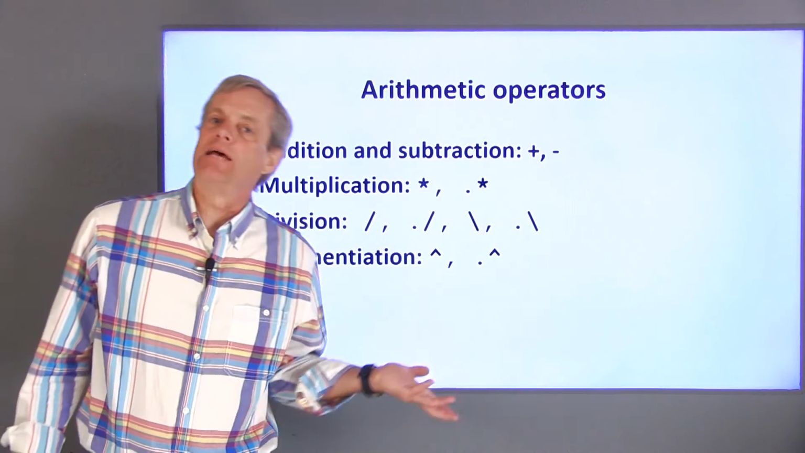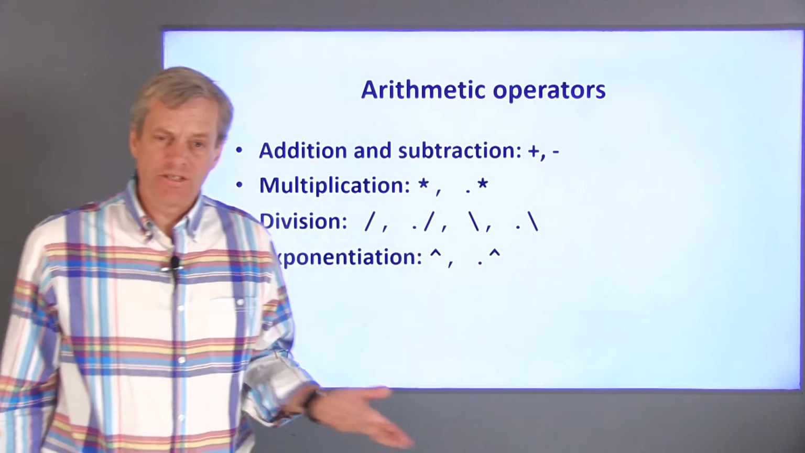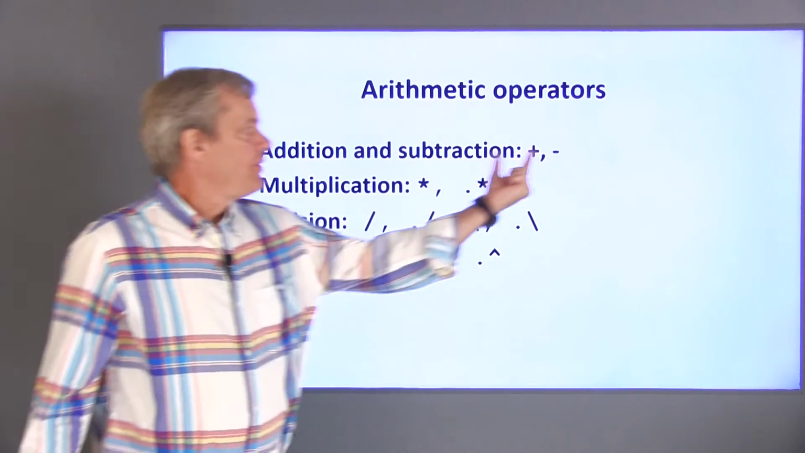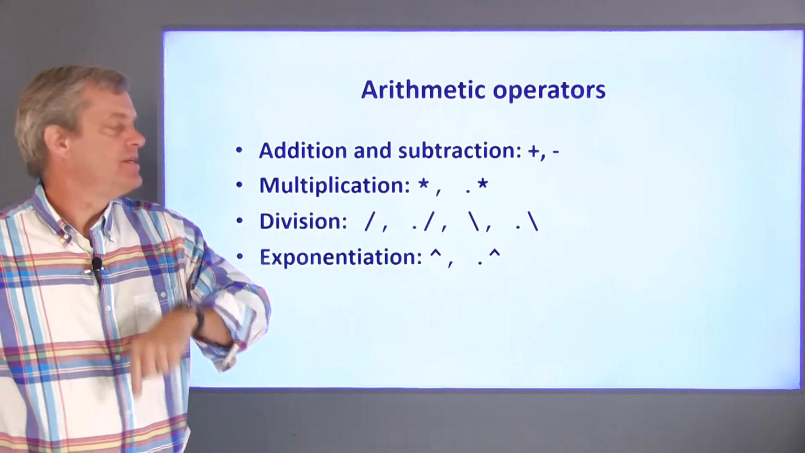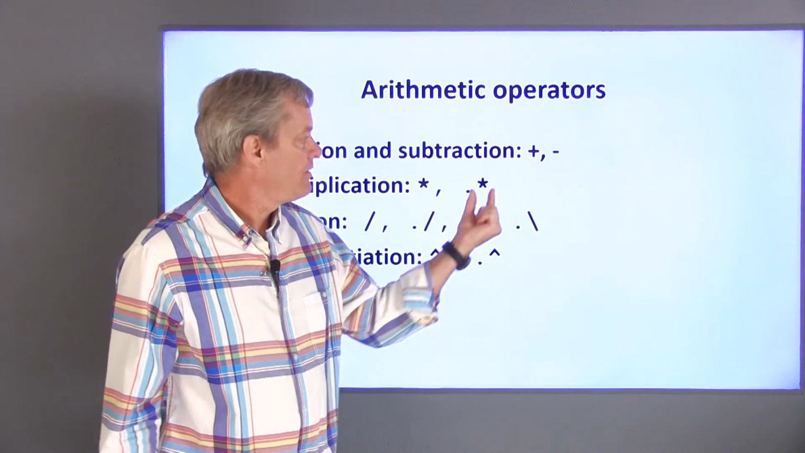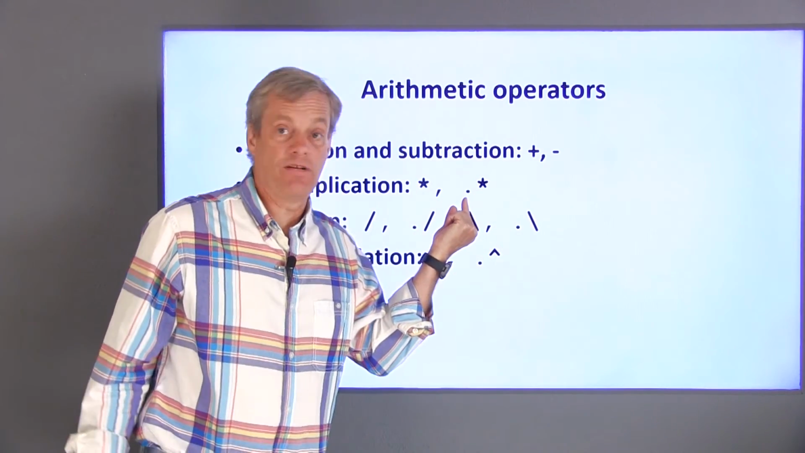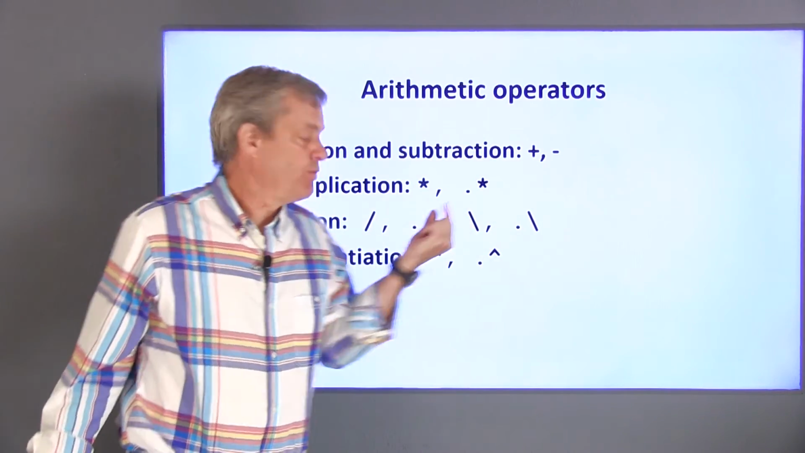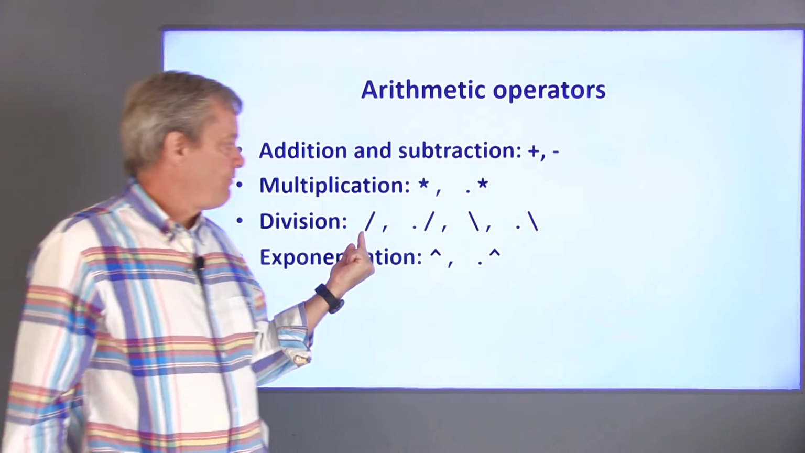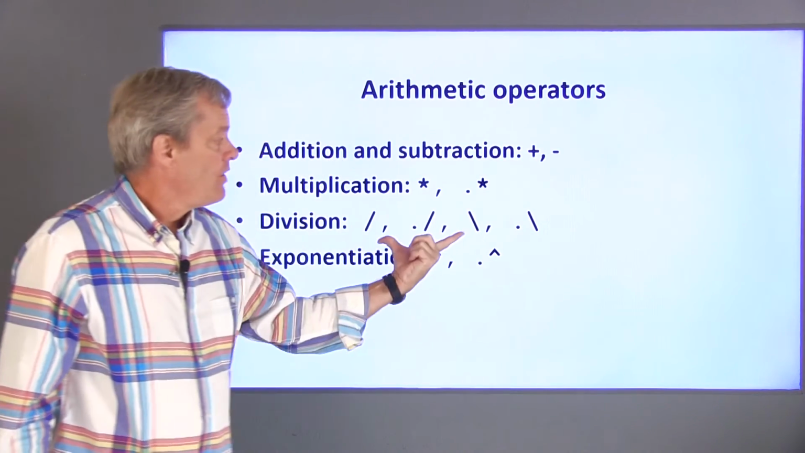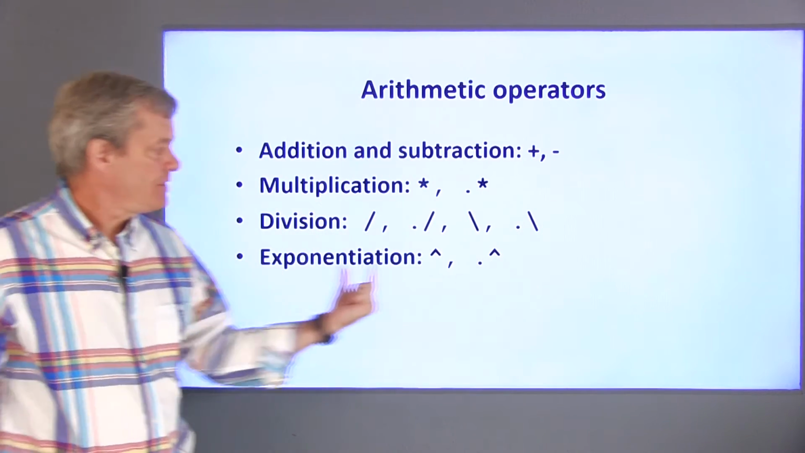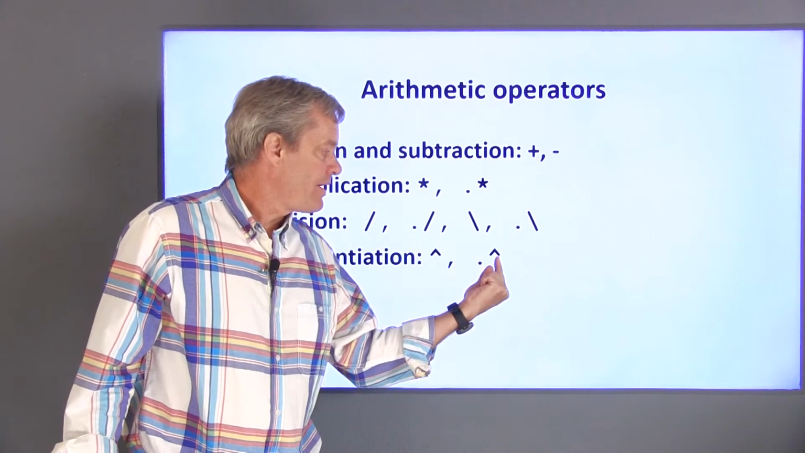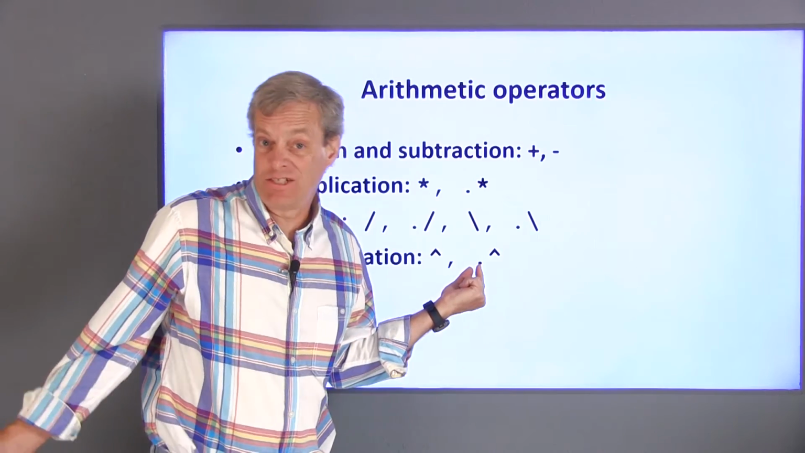Now I'll talk about MATLAB's arithmetic operators. There's a pretty long list of them. Plus and minus do addition and subtraction. Multiplication can be done either by an asterisk symbol or an asterisk symbol with a dot in front of it. It's a period key on your keyboard. Division is either a forward slash or a backward slash. Those also both have dotted versions. Exponentiation is a caret symbol or a caret with a period in front of it,